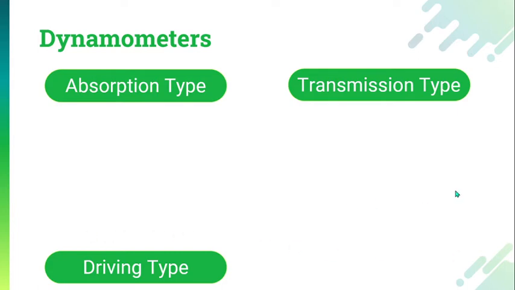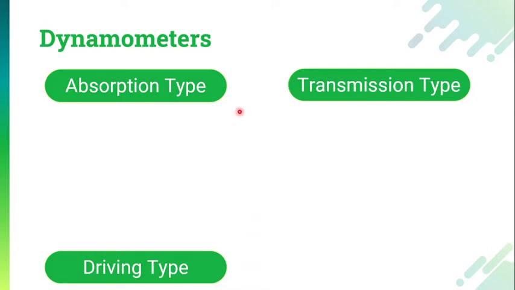In this category, we are not going to absorb the power, or transmit the power. What we are going to do is give the power to the system that is going to be tested. The system being tested will be given power using a motor or a generator, and then we will measure the torque using the dynamometer. So basically we are giving the power while we are measuring the torque in this case. Understood? So these are the basic categories of the dynamometer.